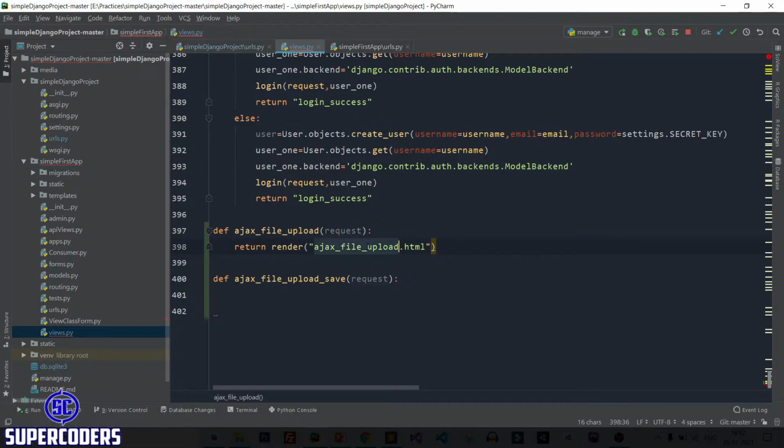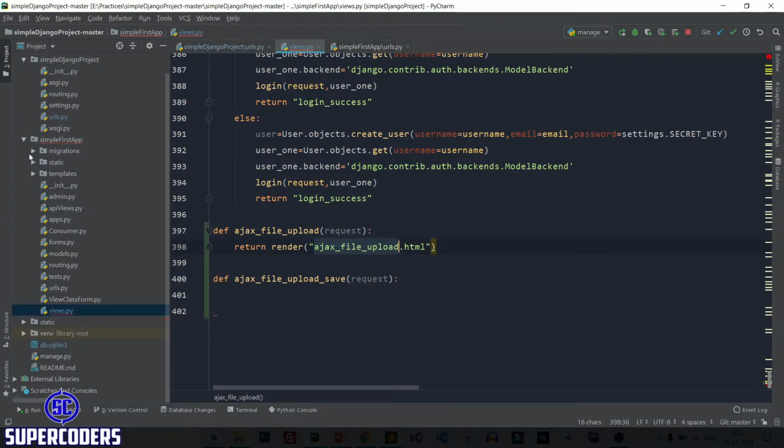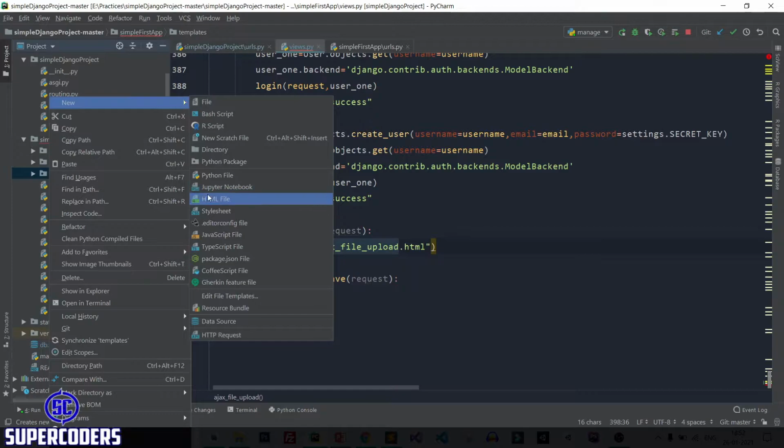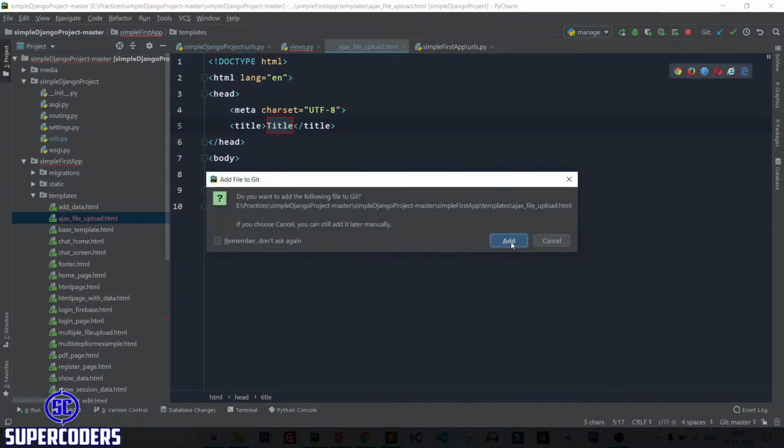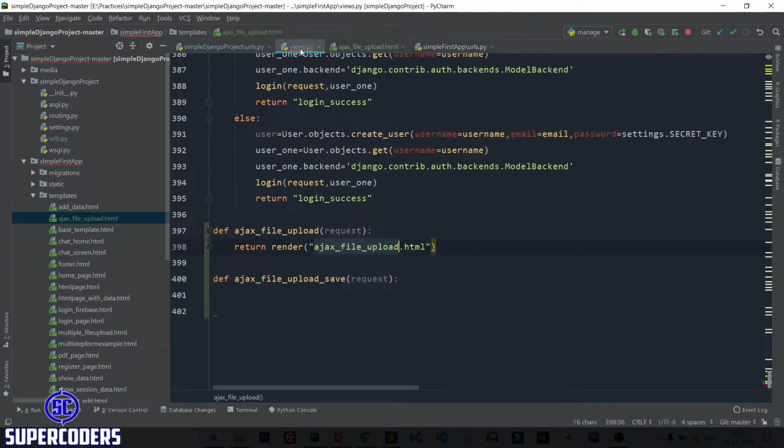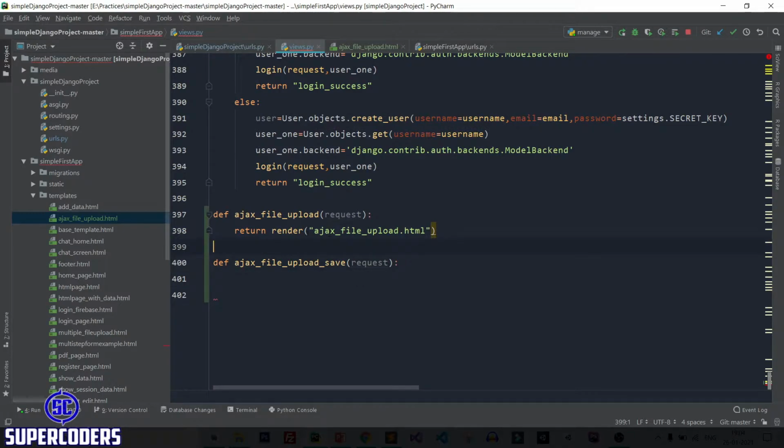Let's create this file. So copy the file name, click on template, right click, new HTML file, paste file name, enter, click on add. After that it is done. And here one parameter is missing. So first is request, then your template.